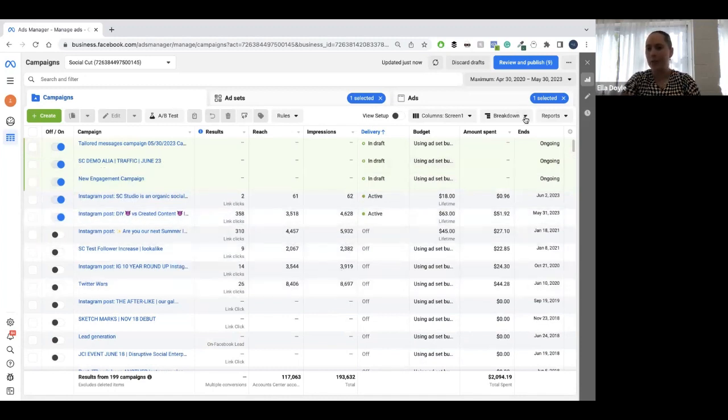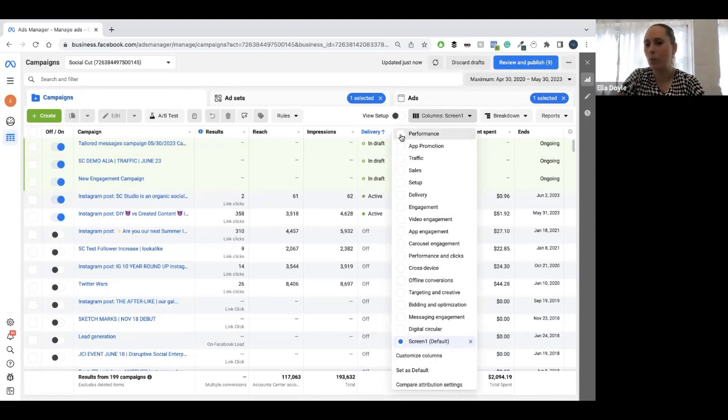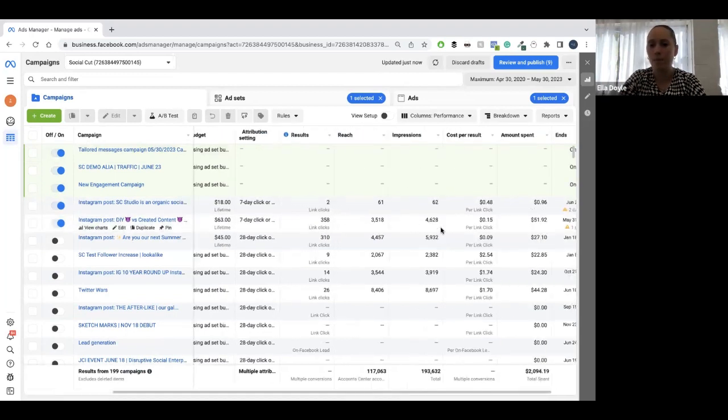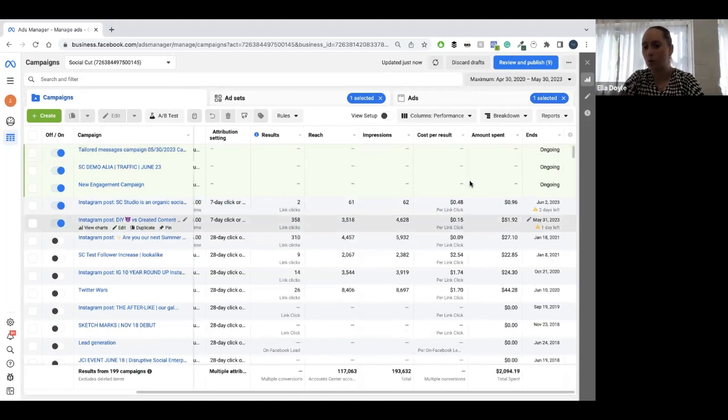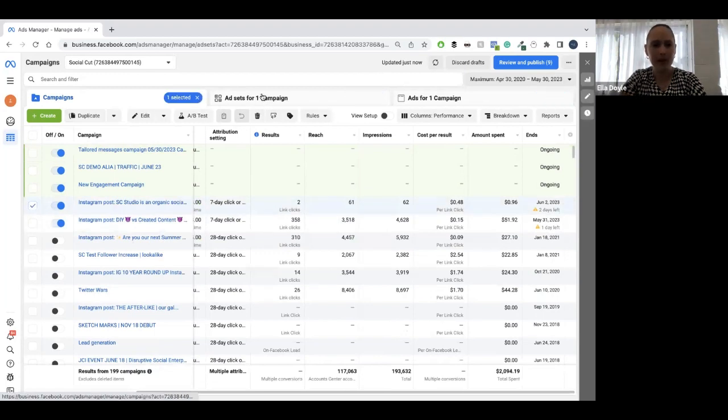What we can do is break down either by time and delivery, but what we do want to see is whatever we'd like. So for example, performance is typically what you'd see in your ads manager, and that will show us what has performed well: impressions, cost per result. So we can see how much it costs per click, how much was spent, and how long they ran for. We can actually go in on a deeper level and have a look at